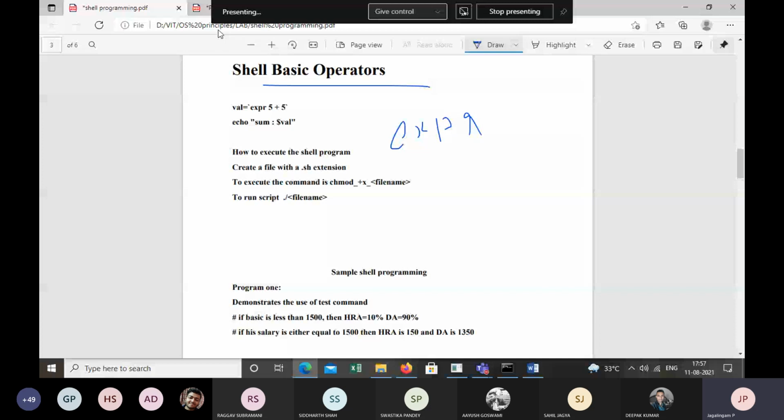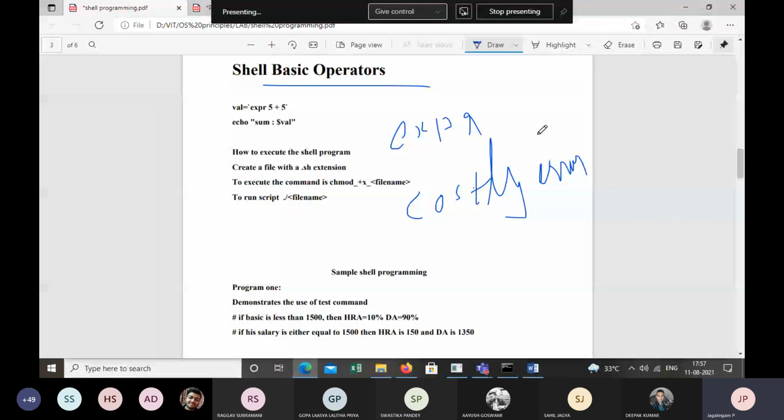What do you mean by costly error? Errors which are not easily solvable, something like that. Okay, a single mistake can change the command, which might be very harmful. And this language is not good for large and complex tasks. So because of these reasons, programmers are not using shell script.